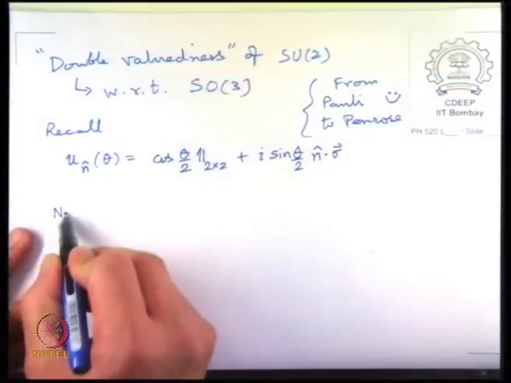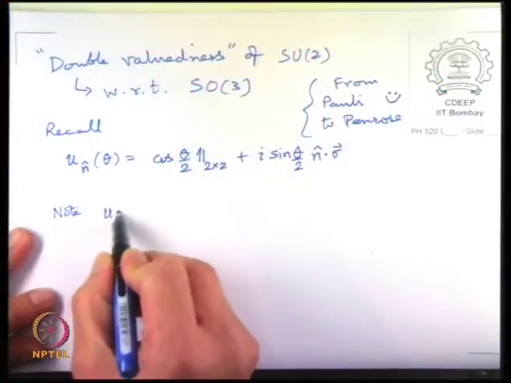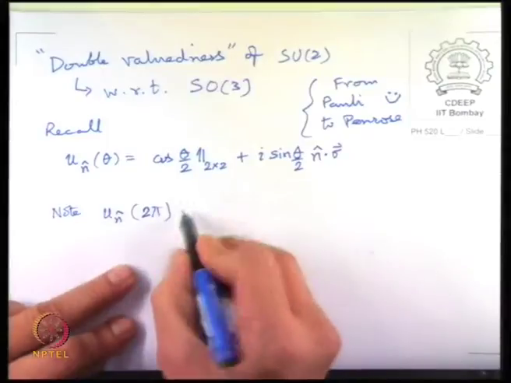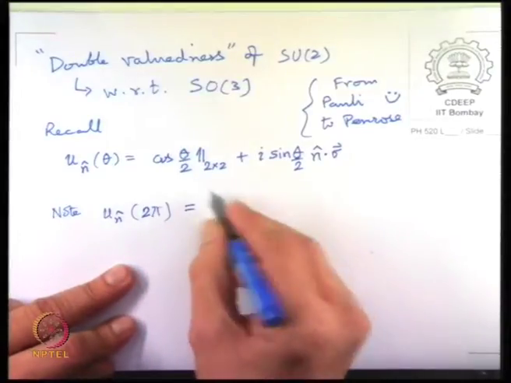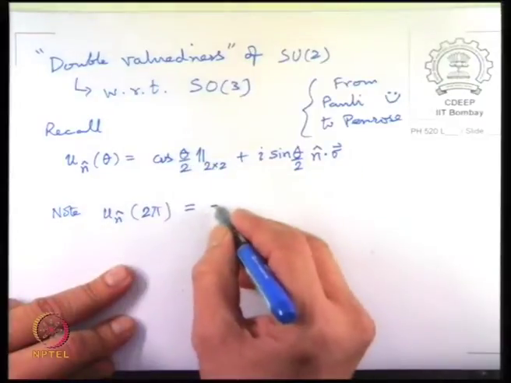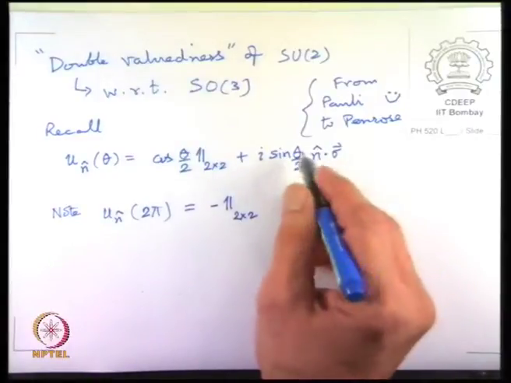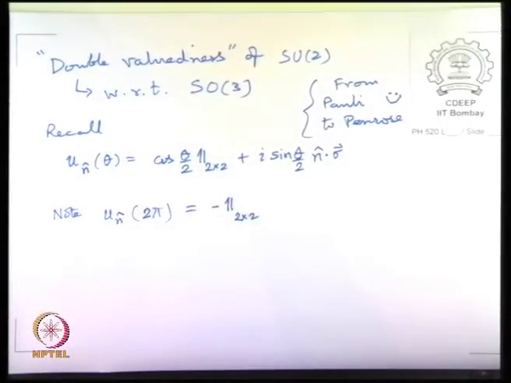Now let us look at the range over which this theta goes. Okay, so we can see that when theta is equal to pi by 2, sorry 2 pi, what am I saying? So when you go to theta equal to 2 pi, you get cos pi. So you get a minus 1, and sine of pi is 0. Okay. So at 2 pi you don't return to identity, while